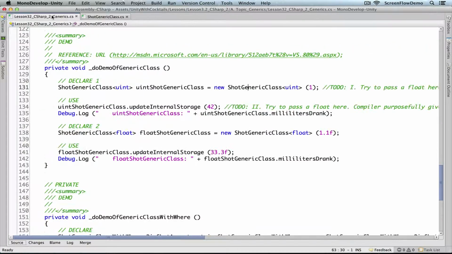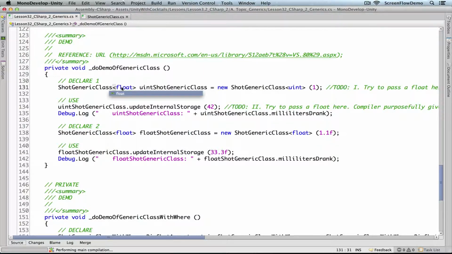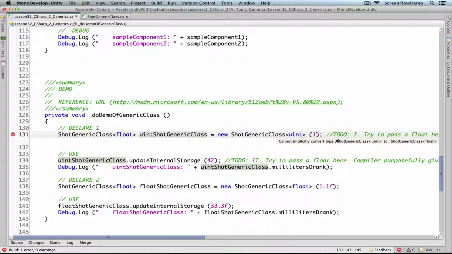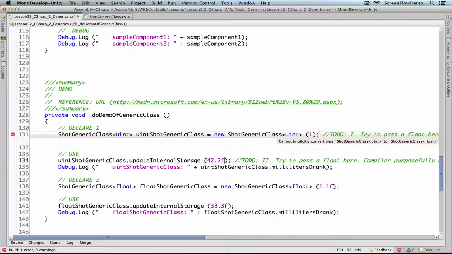So let's take a look at how the compiler can help us there. So if I use uint here, but I try and cast it as uint here, it will say cannot convert from one class to another class. It really sees these as two different class definitions. So I correct that and say, okay, uint. Then down here I've got an update internal storage, and it's expecting this type to match whatever I've defined here. So let's try, if I change it to 42.2, which is a float value,